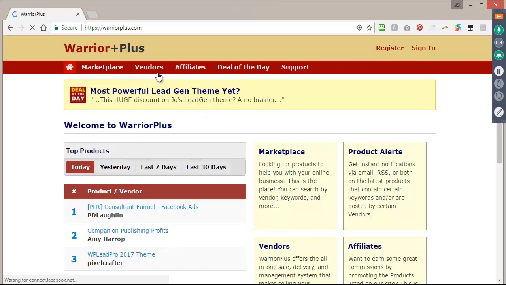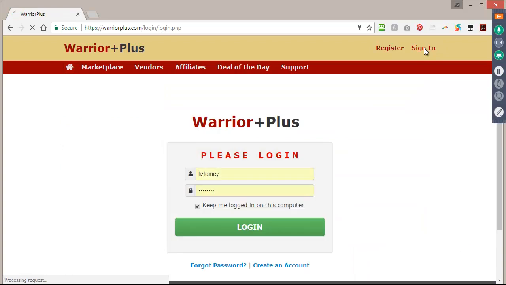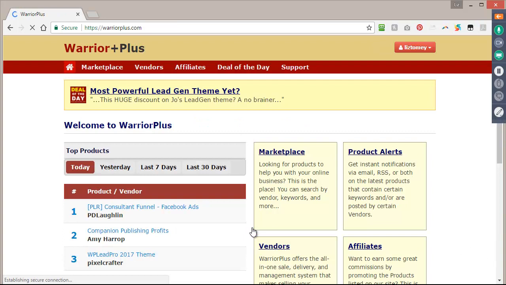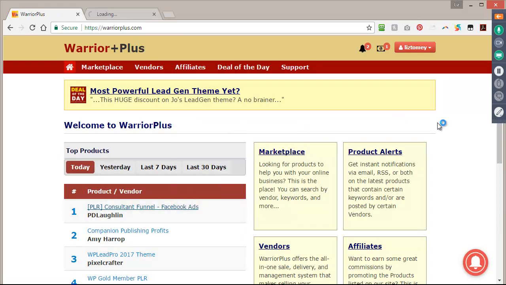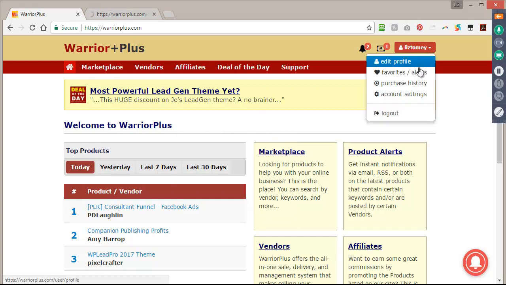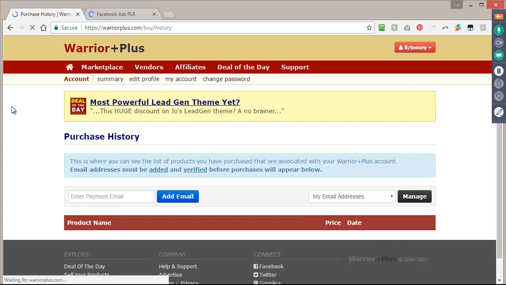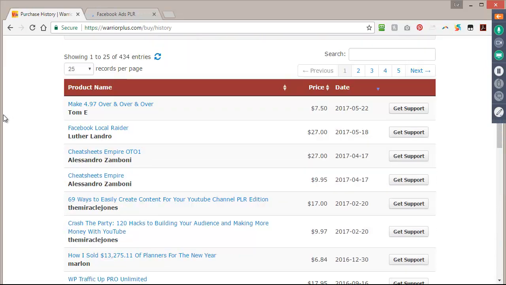If you buy things through Warrior Plus or JVZoo, let's click login here, and you go to purchase history. You can see everything you've bought.